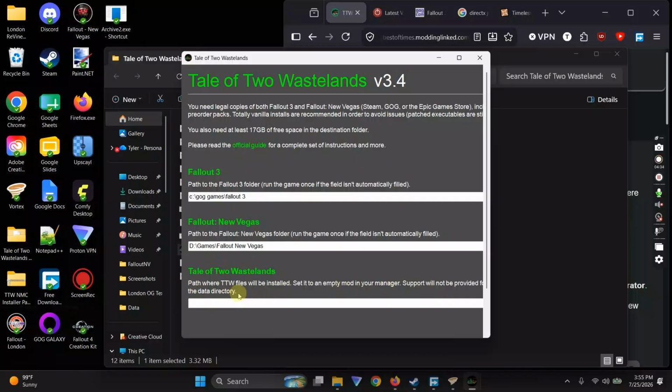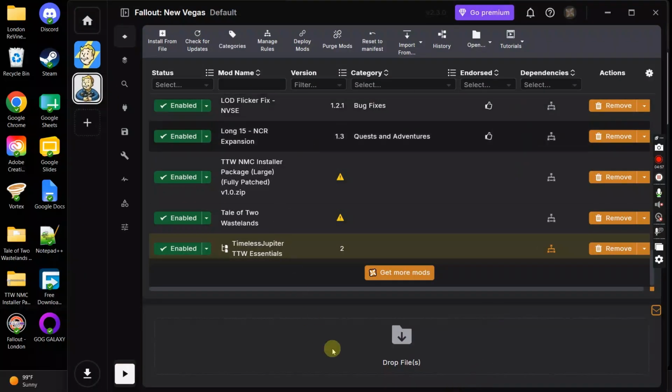for Tale of Two Wastelands. You can also create a folder on your desktop if you wanted to, called Tale of Two Wastelands, and set that to this. Basically, I mean, you can do it either way, so we can do that. If you do set it up on your desktop, just keep in mind that you'll need to compress it first before you move it over to Vortex. If you do it the other route, we can basically go straight in here to